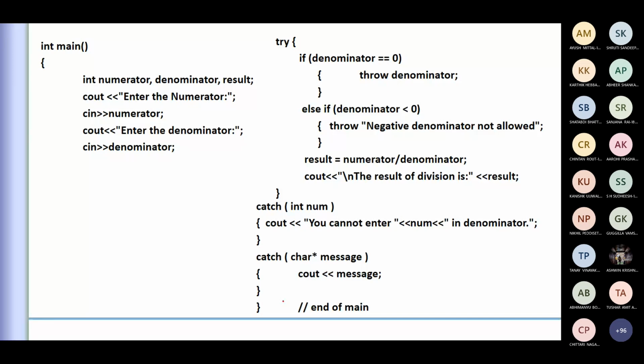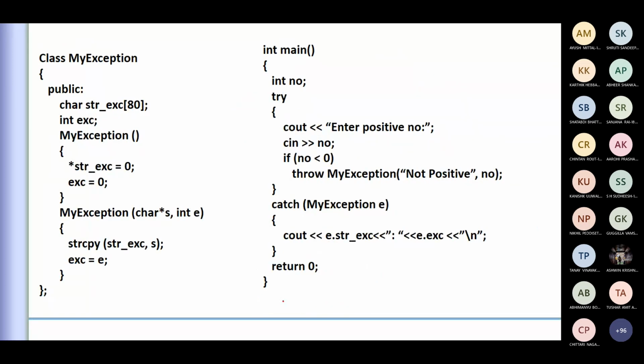In a big program or a big project, I may write my own exception classes. These will identify the number of errors, or each can be given a hash code, and appropriately you can display the particular message and so on. So we have the provision to create our own exception handling class for that.